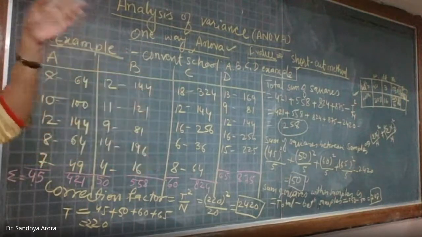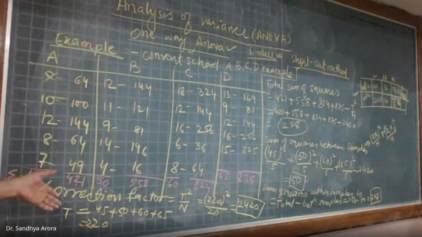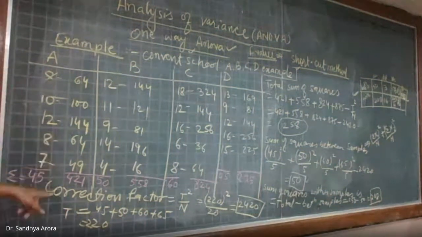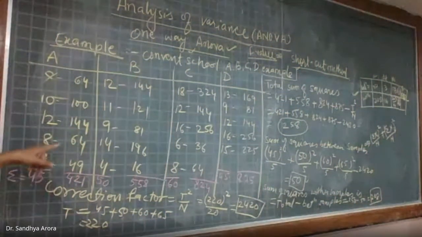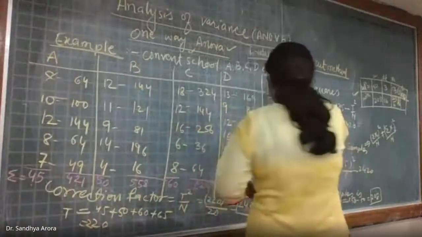I'm telling you one more thing. If your data is not within your limits, you can code the data. I am again using the same example and I am telling you how to code the data, and when you code the data, what results you get. Should I run this?